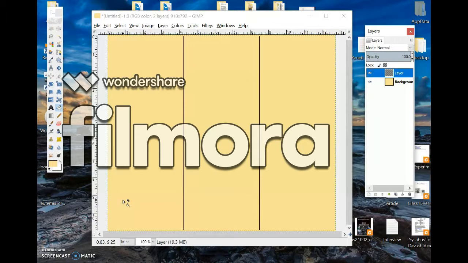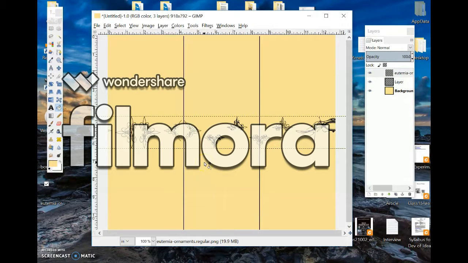So right now I basically have a yellow piece of paper with two flat lines. I don't just want this. I want to actually have something to decorate it. So for this, I might pull over here an example of some decorative dingbats, which I pulled earlier. Now, in these particular things, I can scroll through these